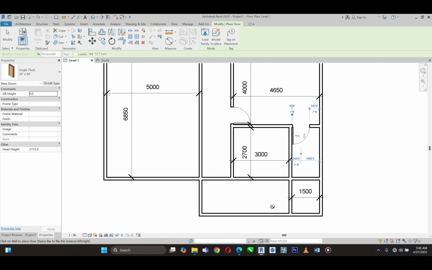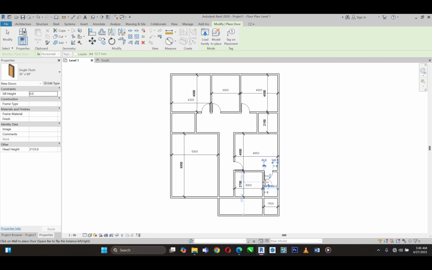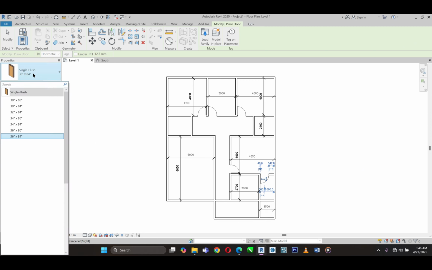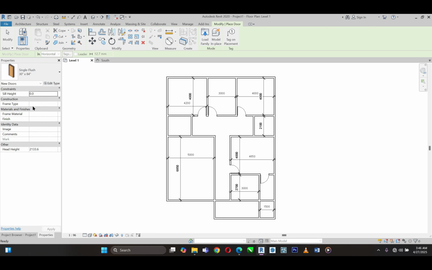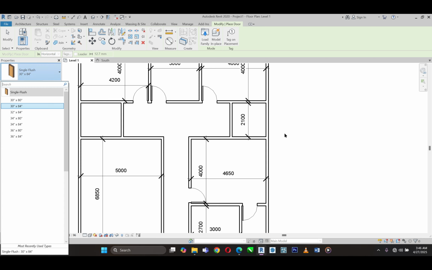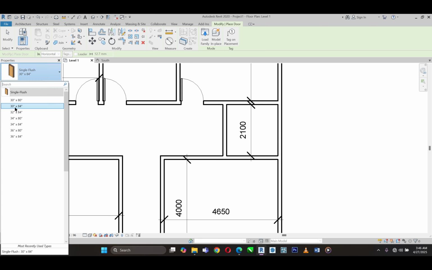So what else? As for the visitor's toilet, we need the toilet door, so we are going to use the 30 by 80 or 30 by 84. I prefer to use the 30 by 84. When you click on it,